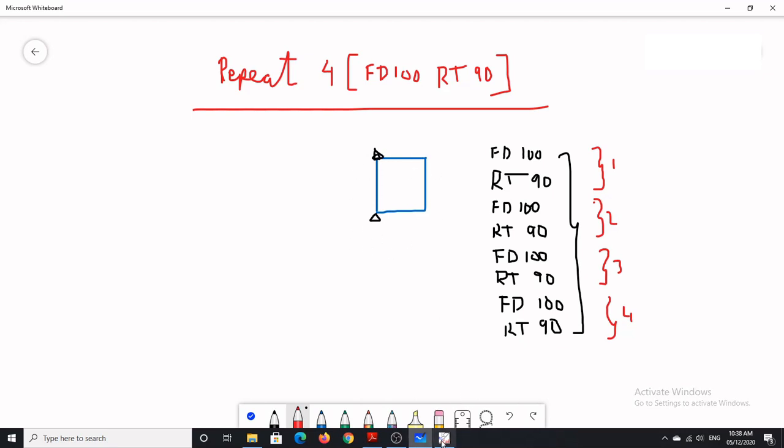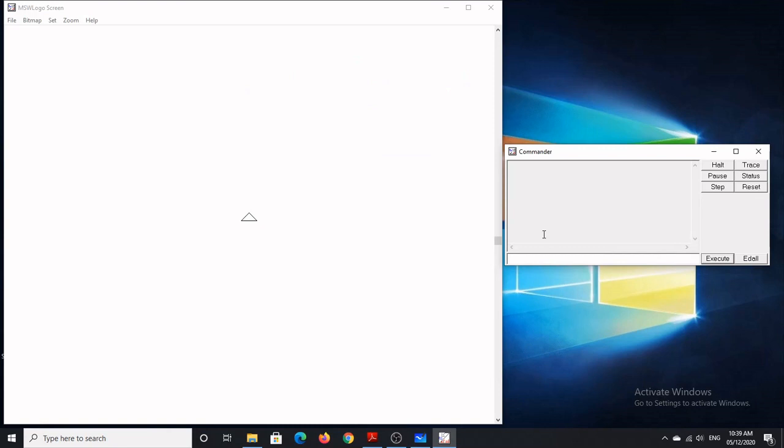Let's see how you will get it. Now this is Logo. First I will change the pen size. So I will give the command set pen size in square bracket 10 space 10. Okay. And then I will give the command repeat. So repeat 4 times, inside bracket FD 100 RT 90, close the bracket and press the enter key.